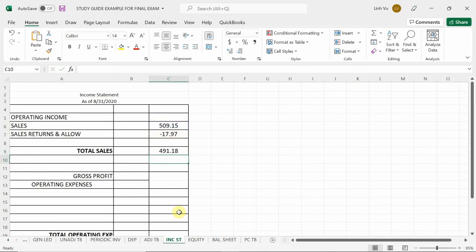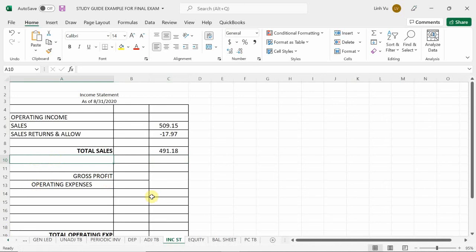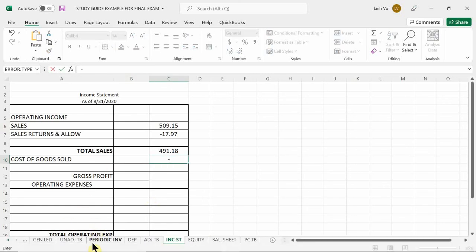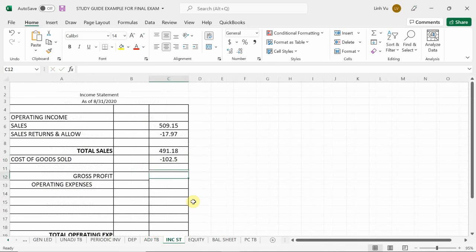$491.18, right? Things that we need to counter our sales to get our gross profit is going to be cost of goods sold, which was a total of $102.50. So therefore, my gross profit is going to be